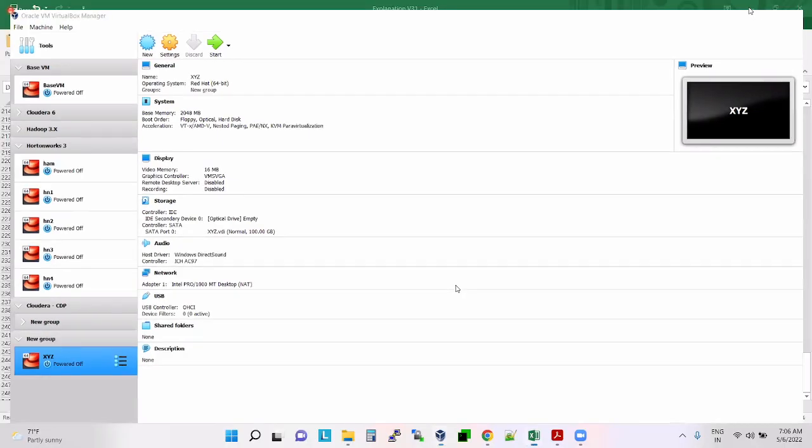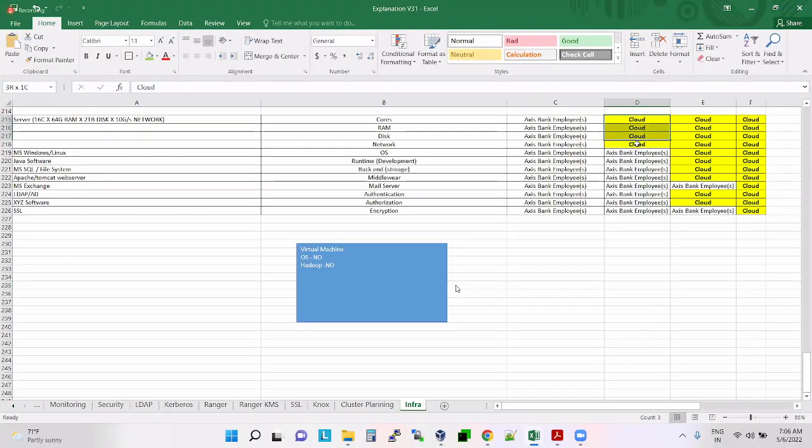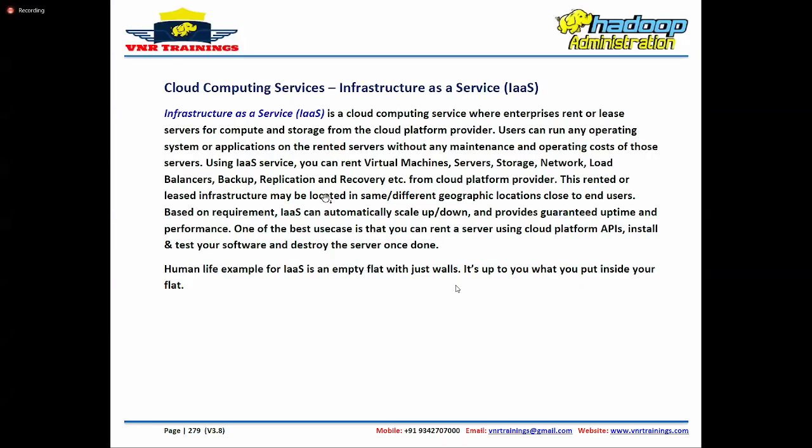So if you want a VM without installing anything, and you request a cloud platform vendor, saying, hey Microsoft, I want one plain VM, if you take such kind of infrastructure for rent, you need to go for infrastructure as a service.